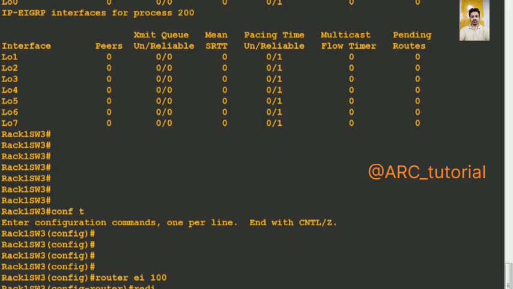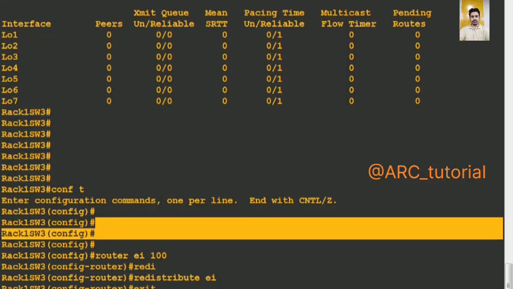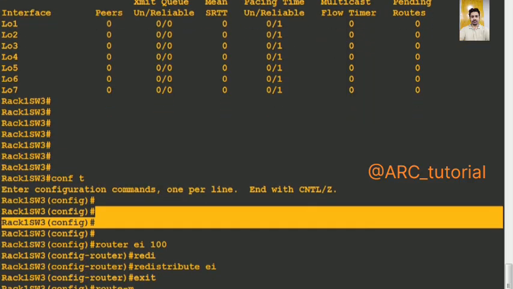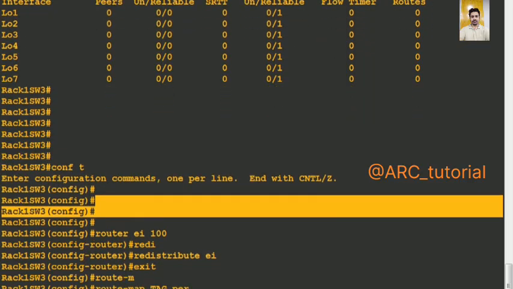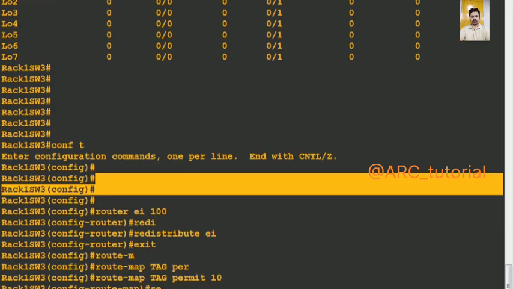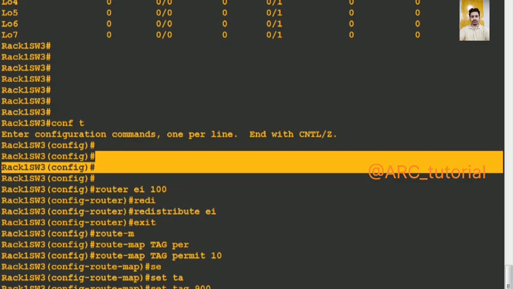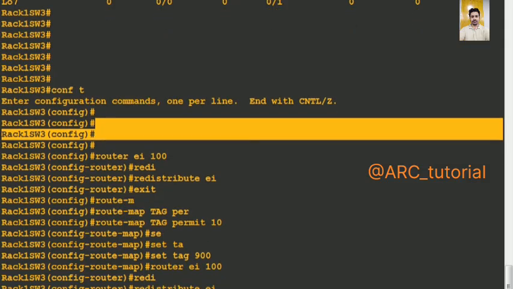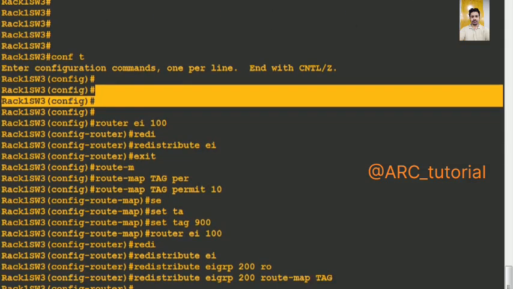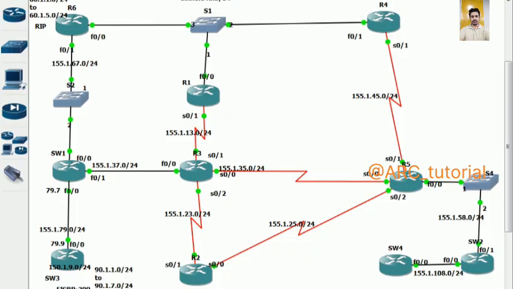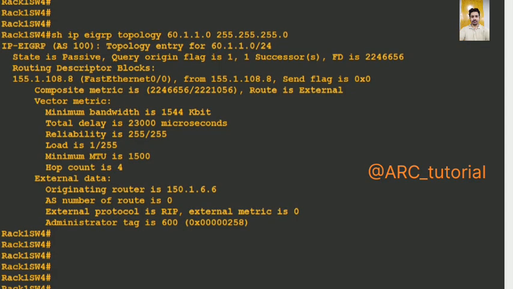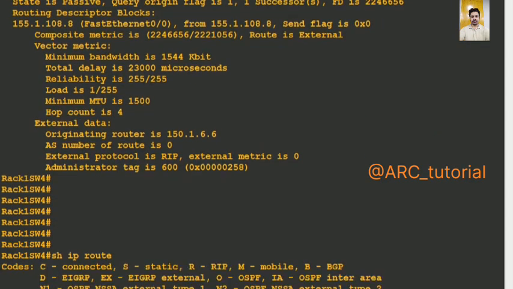If you want to set tag, then it is a different thing. Like you can also create one route map here. Name is tag, permit, match all is by default there. You can directly say set tag is 900. Router EIGRP 100, say redistribute EIGRP 200, route map is tag. Fine. Again move back on switch 4, and this time you will see that all 90s prefixes are also